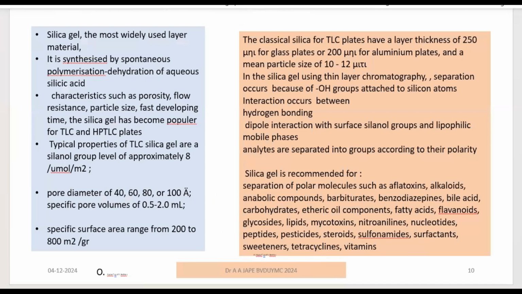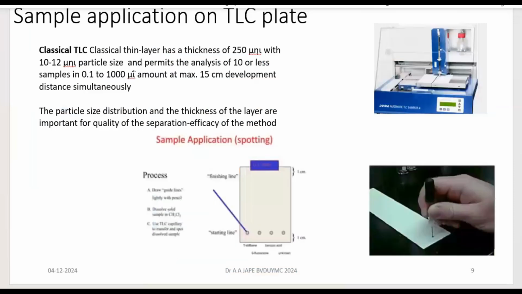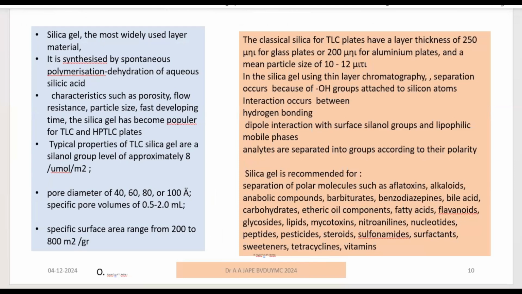Now, when we go to the next slide, that is to talk about the material that we have used for preparation of the stationary phase. So, spontaneous polymerization, dehydration of aqueous silicic acid, that also can be used. Of course, when we talk about silica gel, which is the most popularly used stationary phase for TLC as well